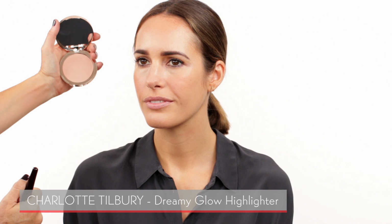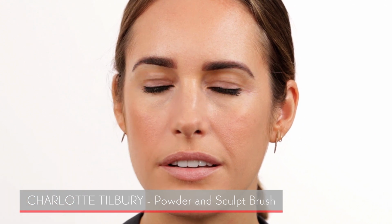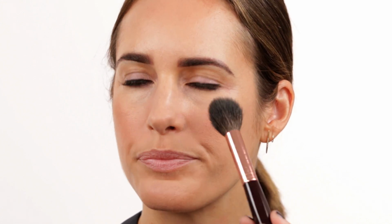I'm going to bring in the one product. This is a new product by Charlotte Tilbury, and this is just a highlighter. Okay. So I'm just going to put a bit of highlighting right up here, just to give you a little bit of a sheen. But again, I want to keep it very sophisticated and simple and not too much for the office. So just a bit right here. You can even use your hand and bring a little bit in here. Makes the lips look bigger. Yeah, a little bit of a lift, and then you can also do a bit up here on your